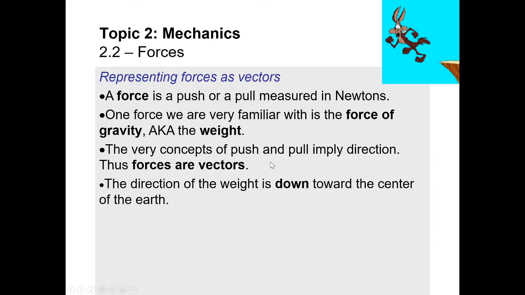Now with weight, because weight is the force of gravity, gravity is an attractive force, and it is the force that attracts any two objects that have mass towards each other. So let's consider you and the Earth. You are attracted to the Earth, but the Earth is also attracted to you. The reason why when you jump off, let's say a flight of 3 sets of stairs or 4 sets of stairs onto the sidewalk, if you jump off some stairs or some kind of a height, the reason you fall to the ground and the ground doesn't come up towards you is because the Earth is so